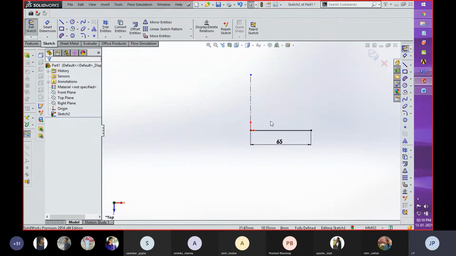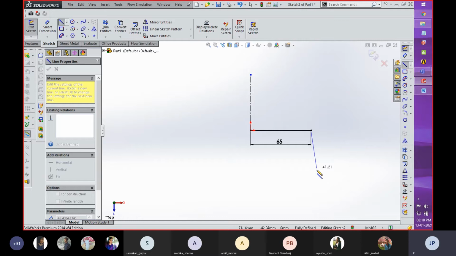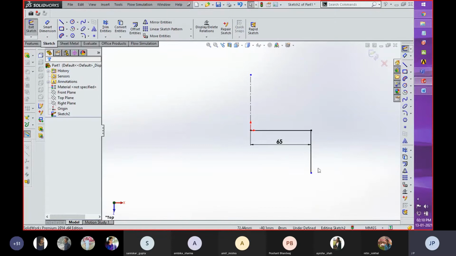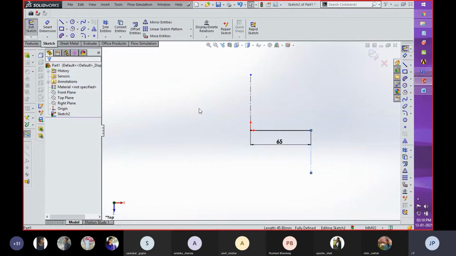But if you are going to exit from this sketch, this central line, or whenever you are using this line command and creating another line from the other point, you can see that when I click again, there is a feature available with this line. When I click again, you can convert this line to a construction line. So central line and construction line are of the same type; they are only created within that space, but they are not part of that drawing.